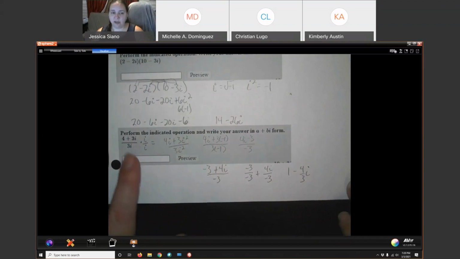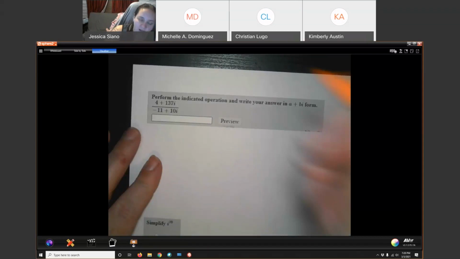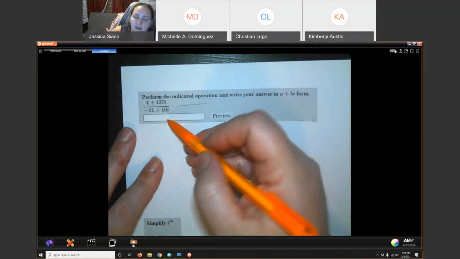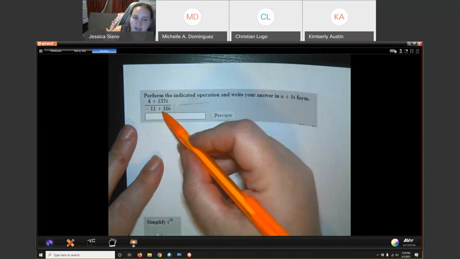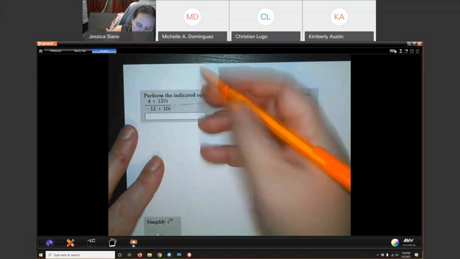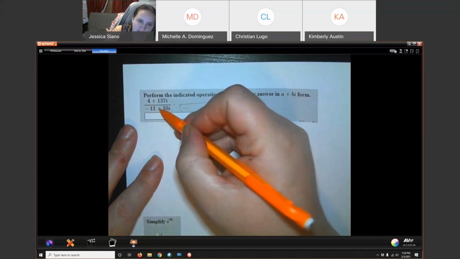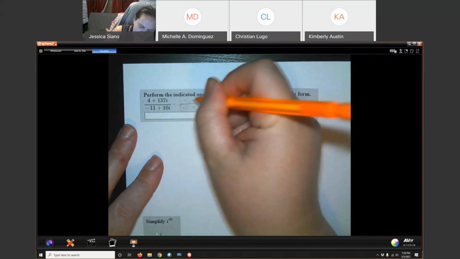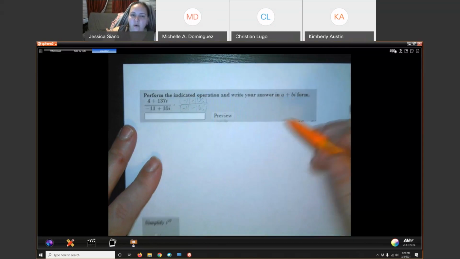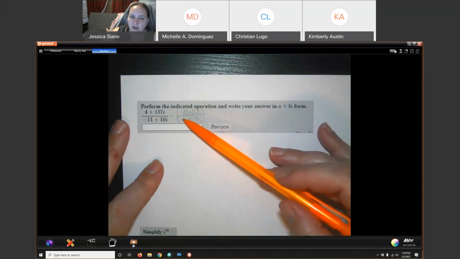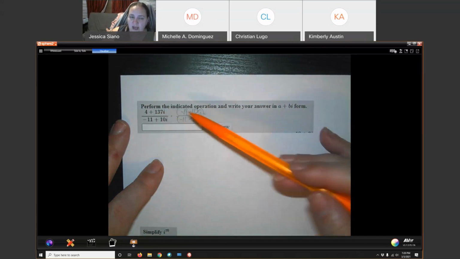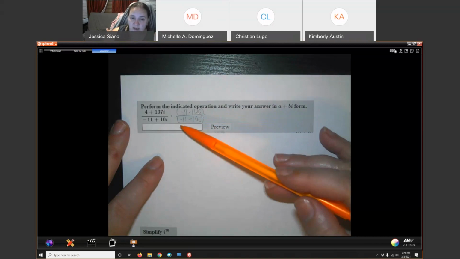So if you have a monomial, you just multiply top and bottom by i. But if you have a binomial, then you multiply top and bottom by the complex conjugate of that binomial. The complex conjugate of this binomial is the same thing that we have in the denominator, only with a different sign in the middle. So we keep the sign in the front if there is one, and then we only change the sign in the middle. And now I could multiply the numerators and then multiply the denominators and then reduce and blah, blah, blah,